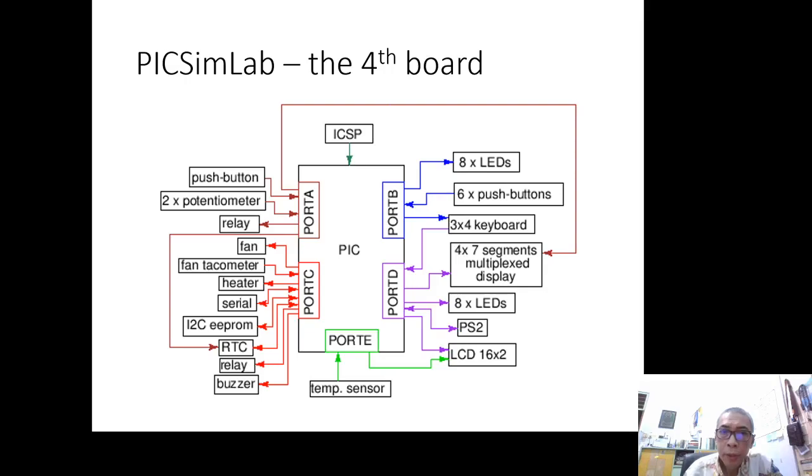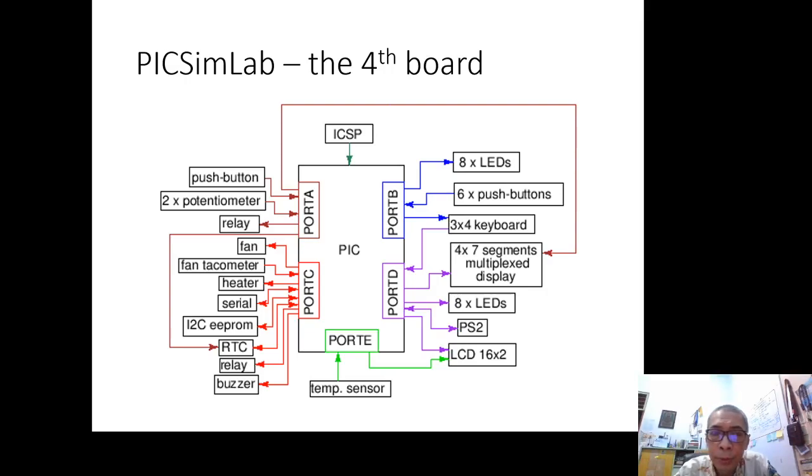So this is the block diagram of PIC Simulate on the board, and we will give you an example about